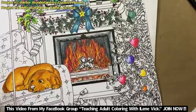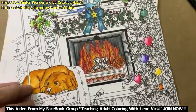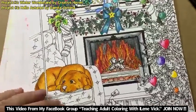Okay, so let's play around with the mantle a little bit. So if you want to go ahead and start making some wood out of this,